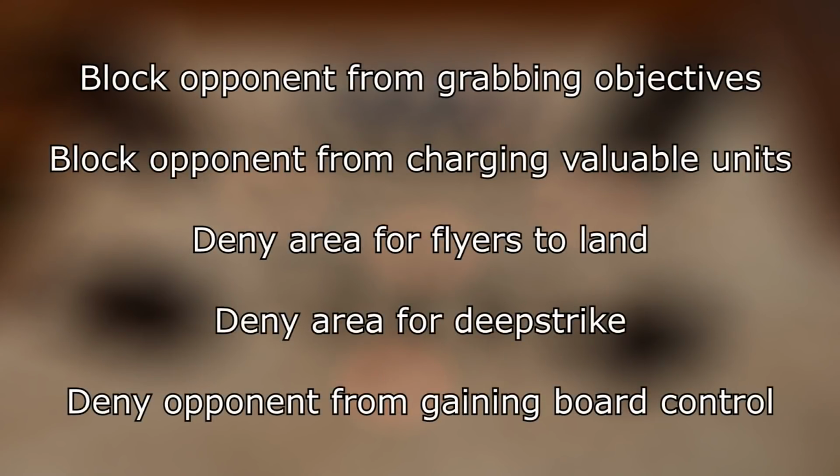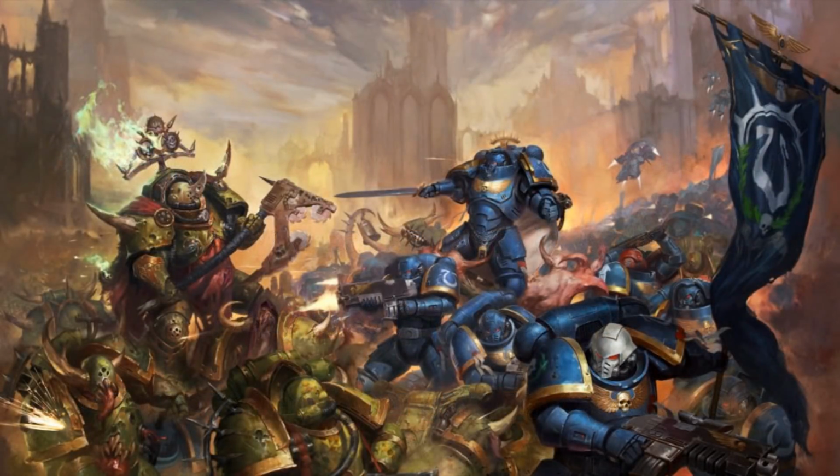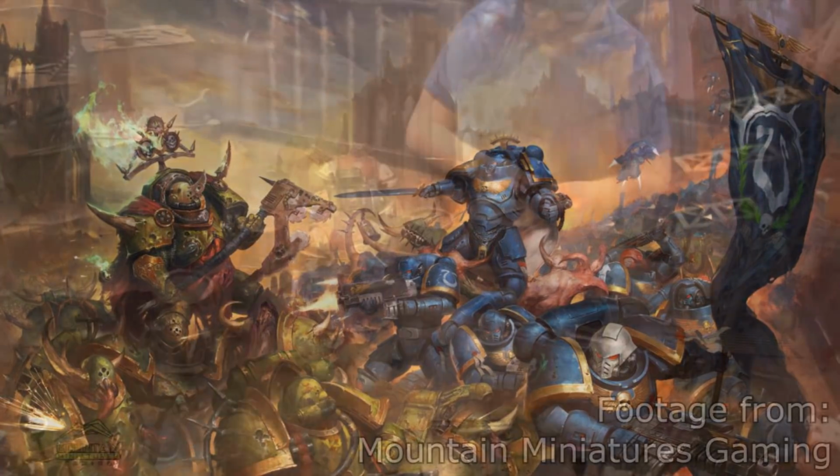This can be grabbing objectives, this can be stopping them from charging your good units, which is essentially a screen. It can be used to stop them from moving up the board at all, so you can keep them in the same place all game if you have enough units to do so. This is board control. A good in-game example of this is when Mini Wargamer Steve cock-blocked my Imperial Knights with a couple of lowly drones